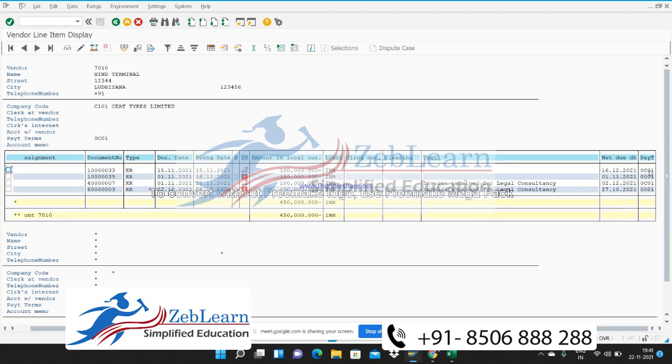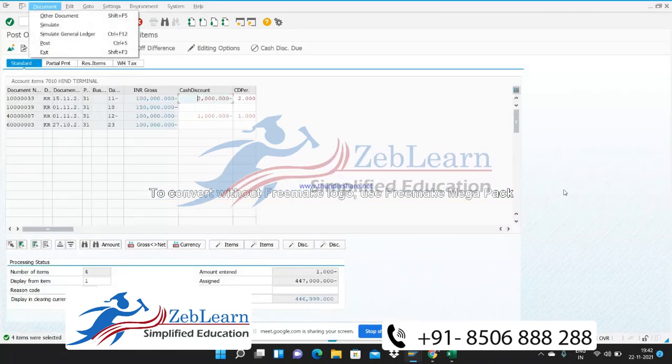In these two scenarios, and the first and third one is the condition type where discount is applicable, so the system is calculating in that way only. In two invoices, the system is not calculating any discount.